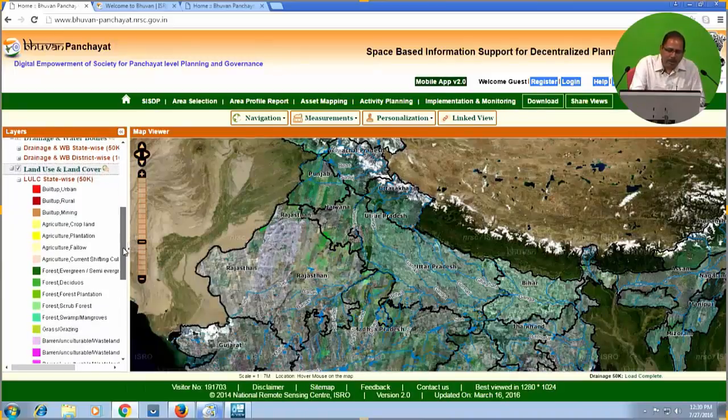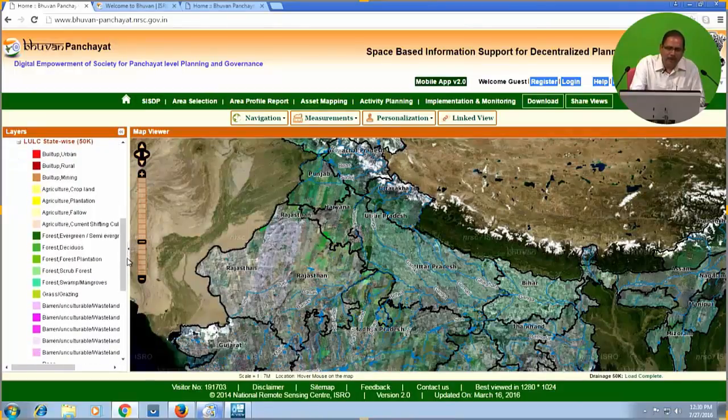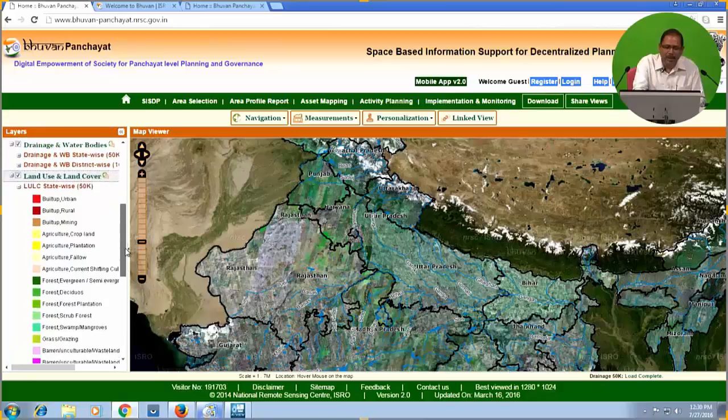Now, as far as the 1:50,000 scale is concerned, you can see on the left side different land use classes are available. Right from built up urban to different agriculture, you have the forests, you have the barren lands, you have wetlands and water bodies, snow and glacier, and all this information will be displayed. So, this is about the 1:50,000 scale, and for the 1:50,000 scale, the latest data of the 2010-11 time period is available,